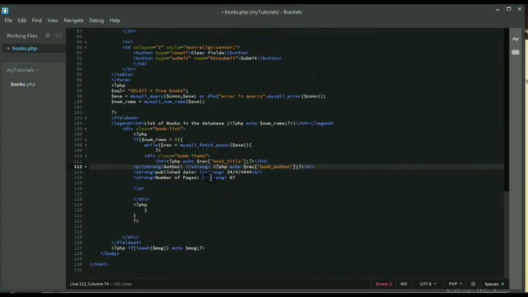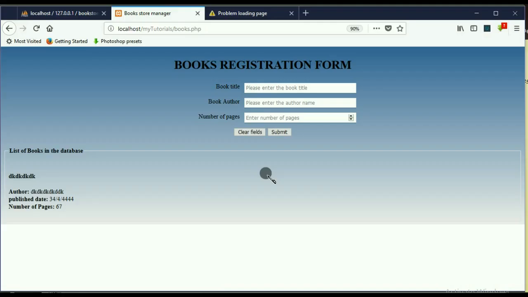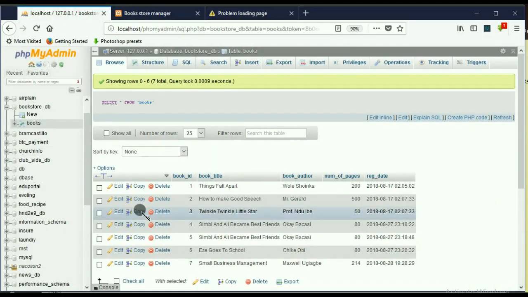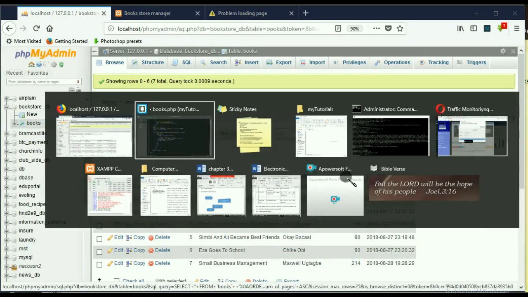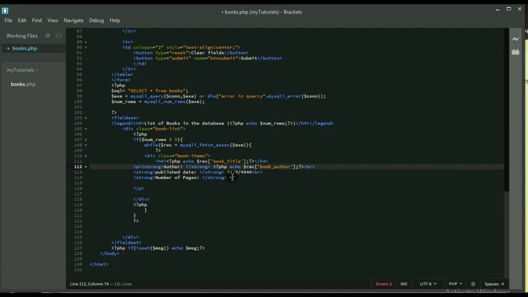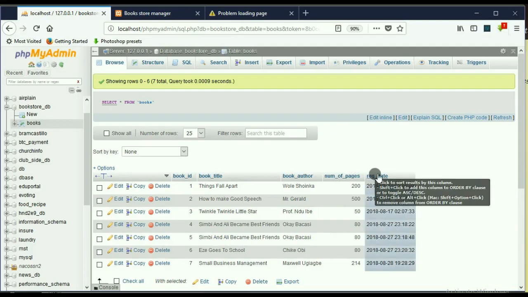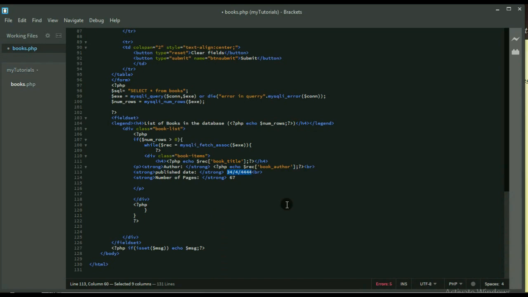Okay, I have book author. Let us see if that is what we have in our database. In our database we have book author, then num of pages. So the next one I have here, under my number of pages, we have the date, and the date we have there is the reg_date. So I'm going to have reg_date,